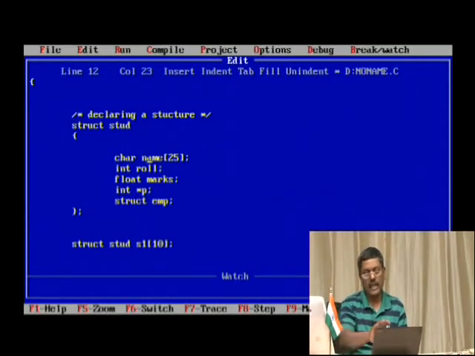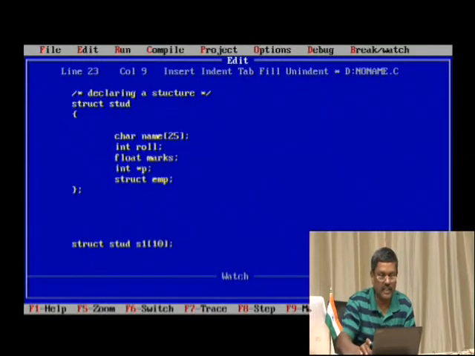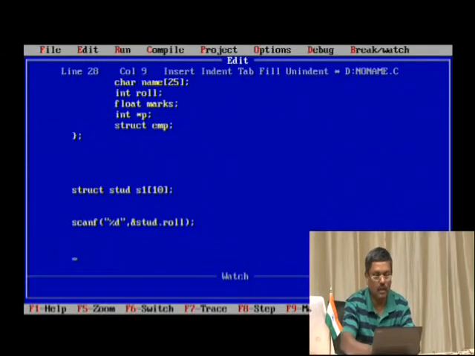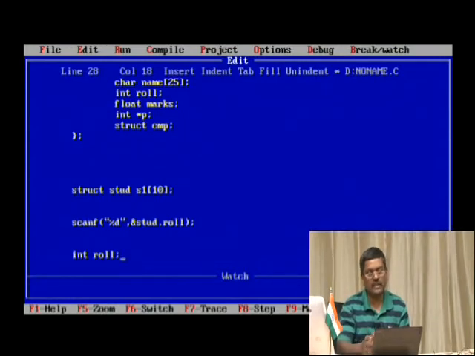But the names of the variables here, for example, name, or int roll, or float marks, can be the same outside the structure. For example, outside the structure you can use the same int roll. That means outside the structure it can be the same, but inside the structure no names should match each other.